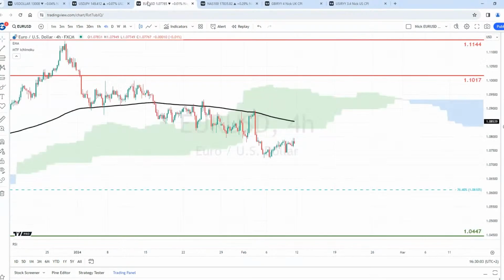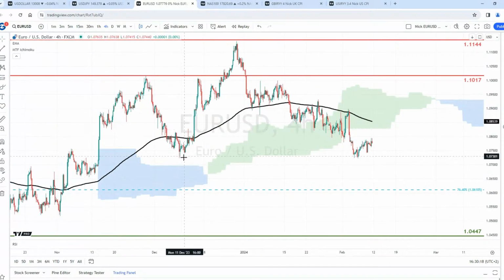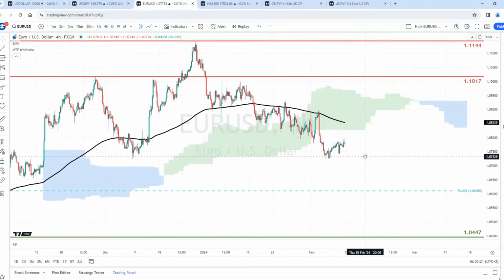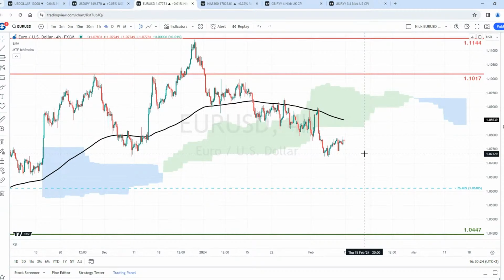Now let's go to the euro dollar. Again, it's been an uneventful week essentially for the pair after the big movements of last week, the known factors that we talked about. It did find support at the December lows as we expected. And given the Fed's pushback for rate cuts, it may get the chance to reclaim the 200 period EMA at around 1.085, but it does not inspire much confidence because